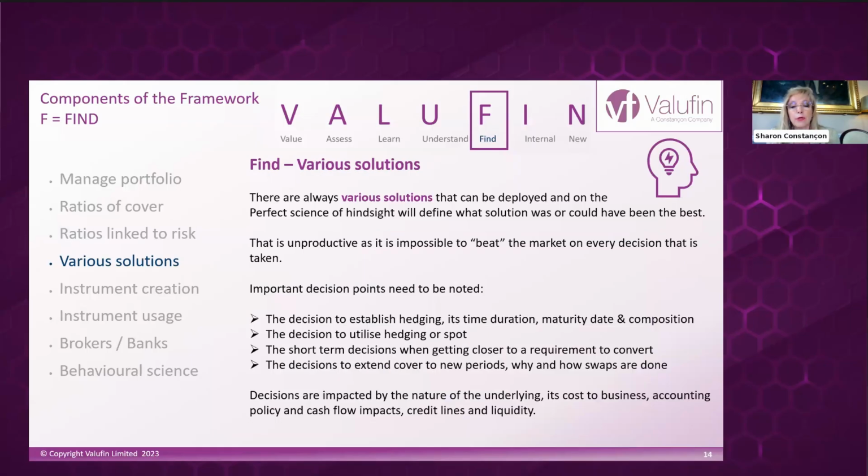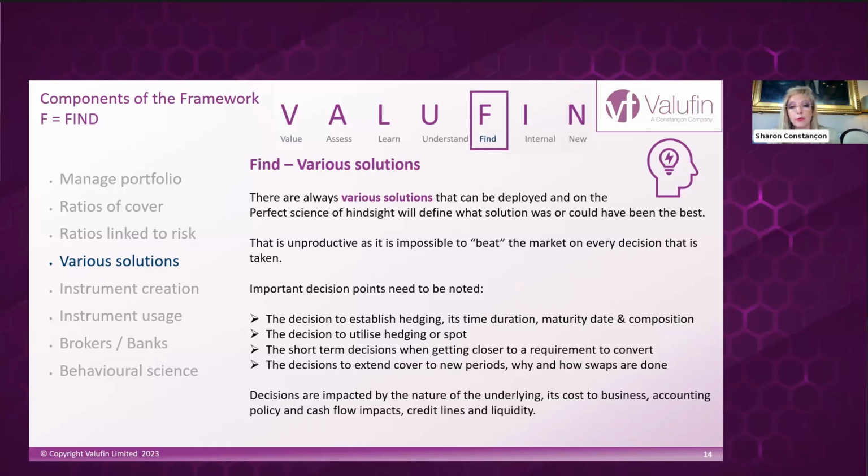So if we look at the various solutions we can deploy in our organization, for example, we say, well, we have an expectation we're always going to do the best. And I've seen Forex policies that define we've always got to do the best. Well, you can't, because you don't know what the best is where you're sitting today. You don't know what's coming down the road in terms of the market, the trends, market conditions. You don't have any idea of what that is. But there is this perfect science of hindsight, where that will tell you what would have been the best thing to have done on anything.